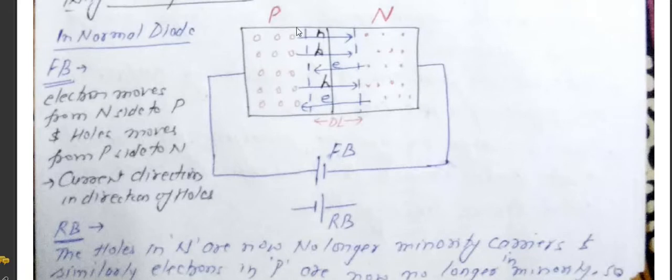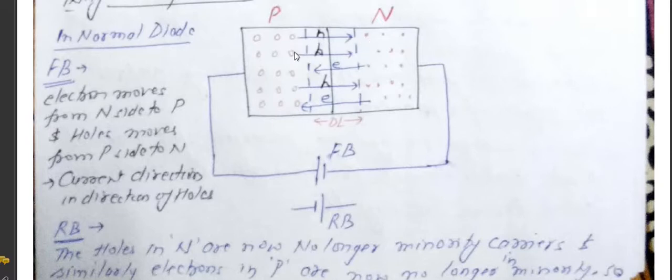Now this is a simple PN junction diode which is forward biased. We can see in the P type semiconductor, or P side of the diode, the majority carriers are holes, and on the other side these are the electrons, which are the majority carriers in the N type material. Now when we forward bias this, we connect P to the positive terminal of the battery and the negative terminal to the N side. In this process the holes will try to move toward the N side of the junction.